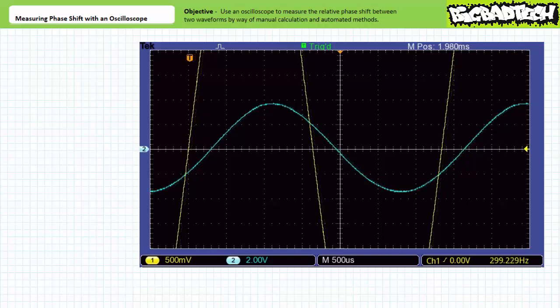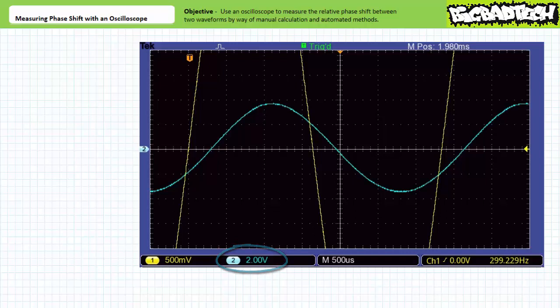One can horizontally reposition the oscilloscope display to place the zero crossing going positive of the yellow waveform right on a primary division. Note I have not changed the magnitude of the first waveform in yellow. I've just rescaled it. The second waveform in blue looks comically small because it's still using our previous scale of